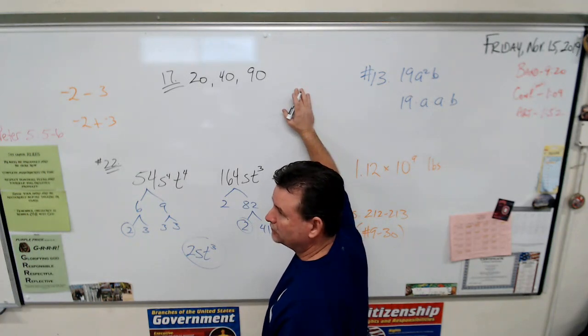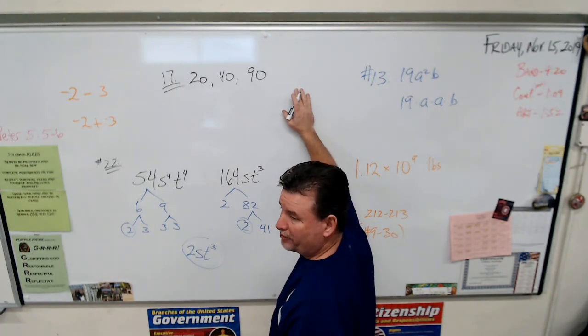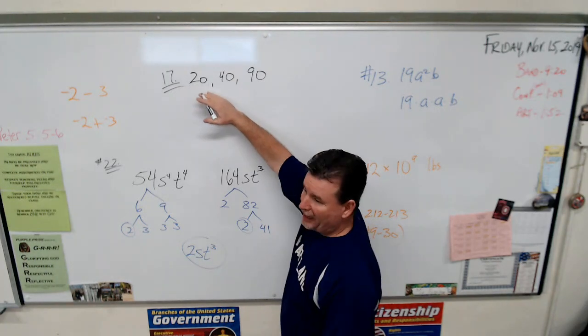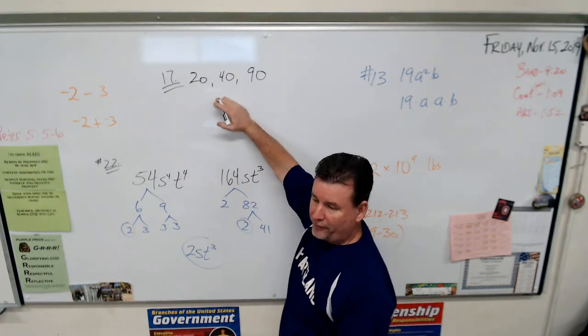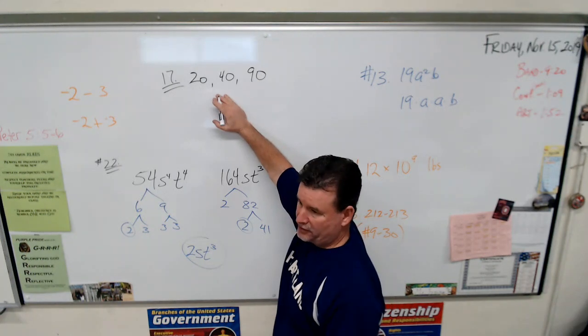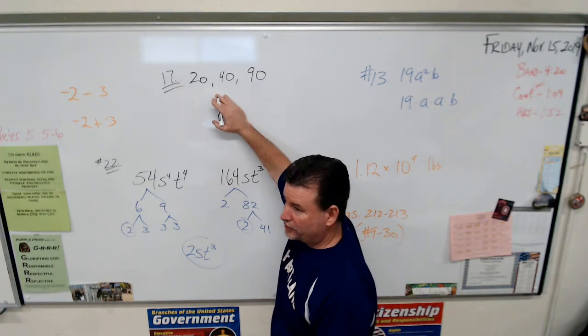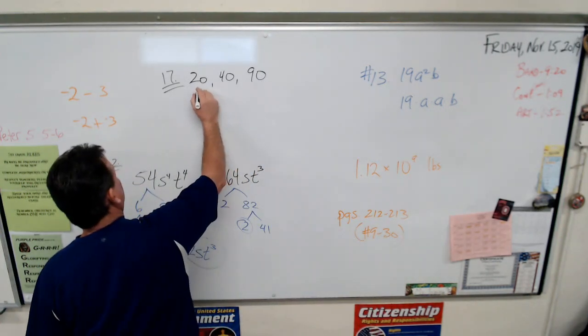Kiara, first I want to appeal to your math sense. Without even doing the prime factorization, what's the largest number that's going to go into all of these? 10. See, you know that, right? Now, if you want to prove it to yourself by doing the prime factors,